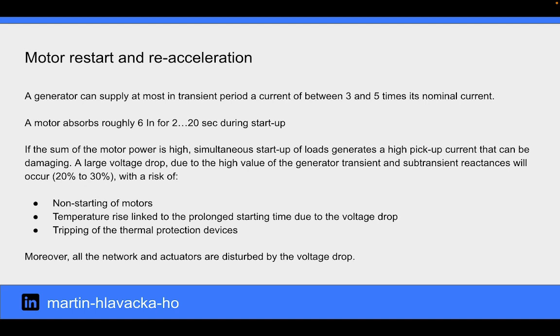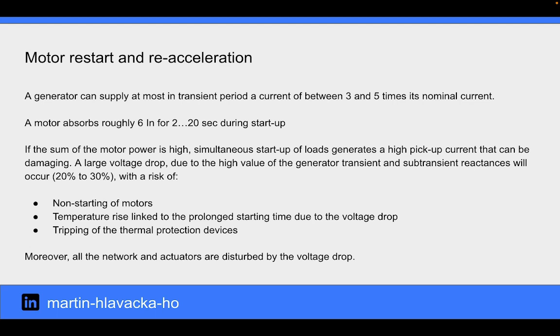A generator can supply at most, in a transient period, a current of between 3 and 5 times its nominal current. A motor consumes a current roughly 6 times greater than the nominal current for 2 to 20 seconds during startup. If the sum of the motor power is high, the simultaneous startup of loads generates a high pickup current that can be damaging. A large voltage drop due to the high value of the generator transient and sub-transient reactances will occur, with a risk of